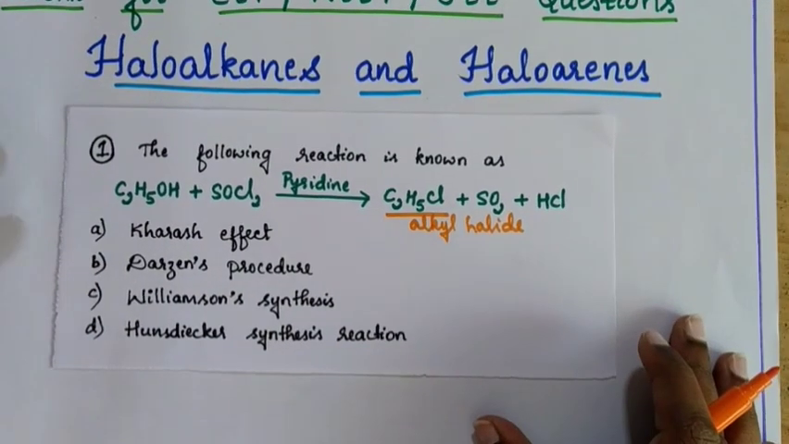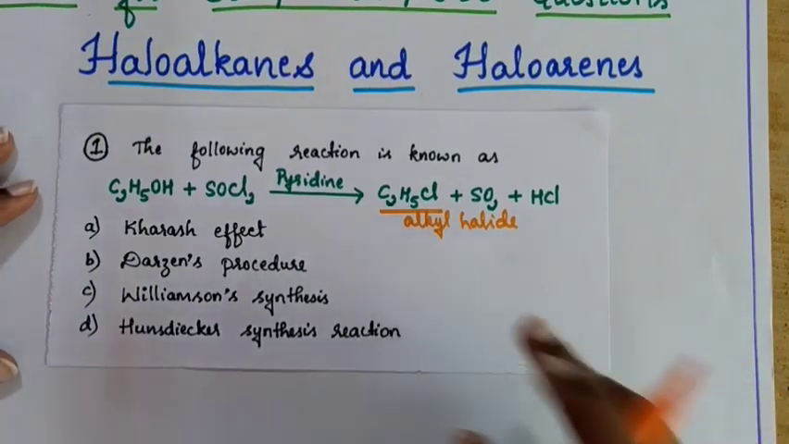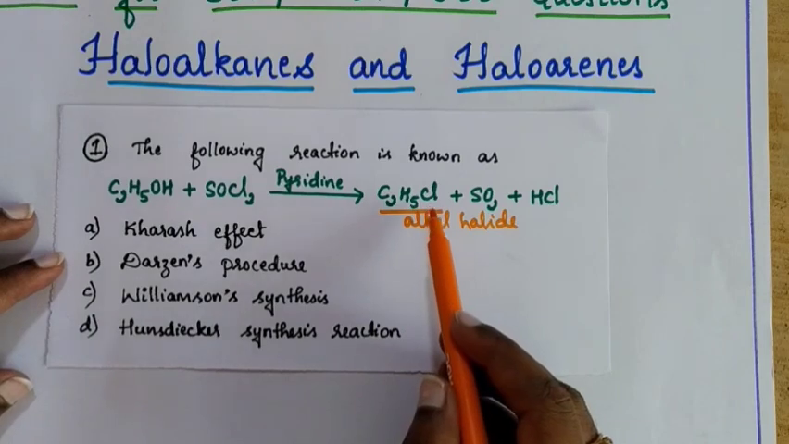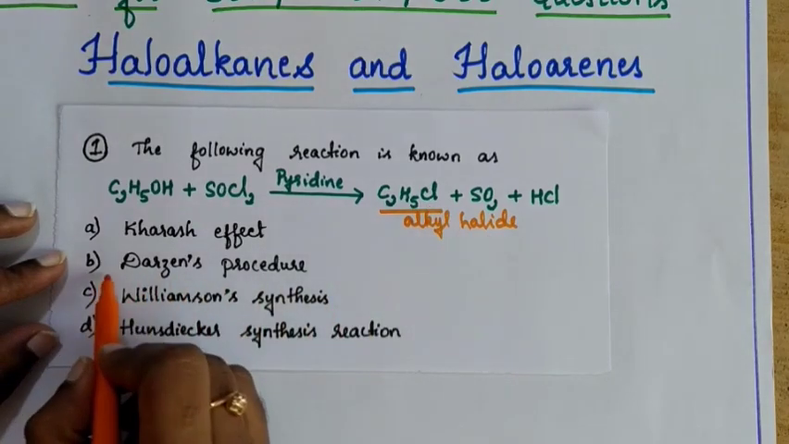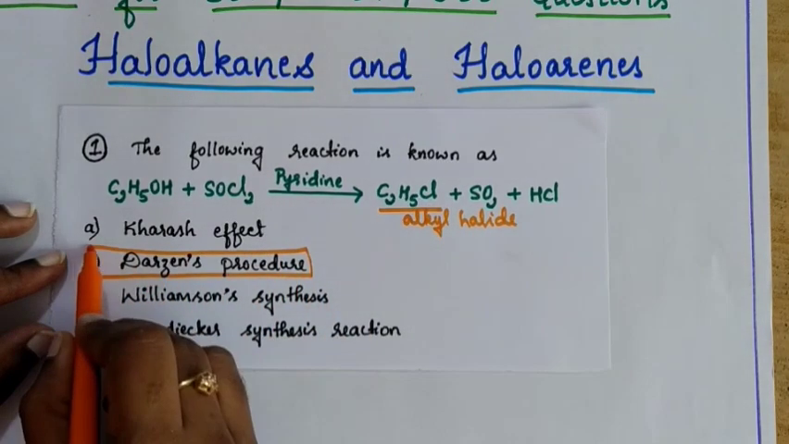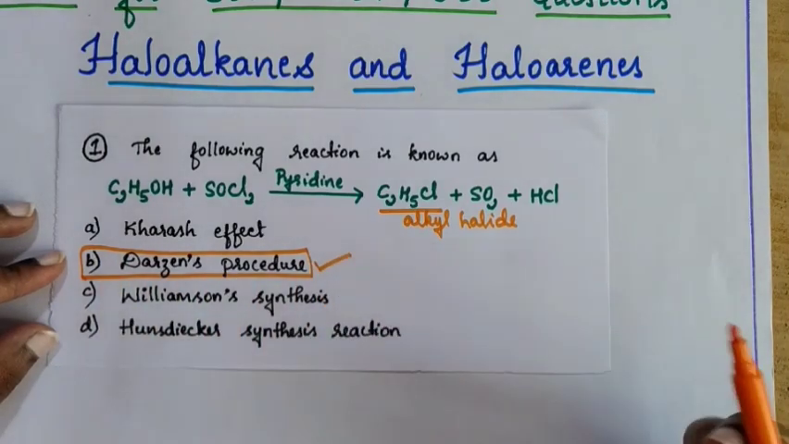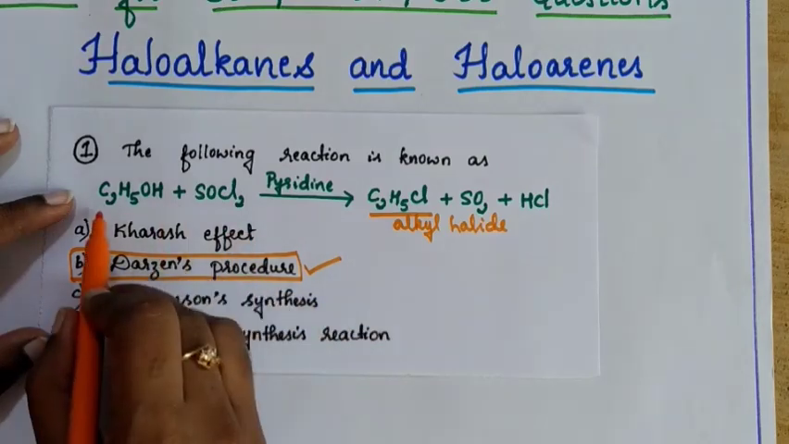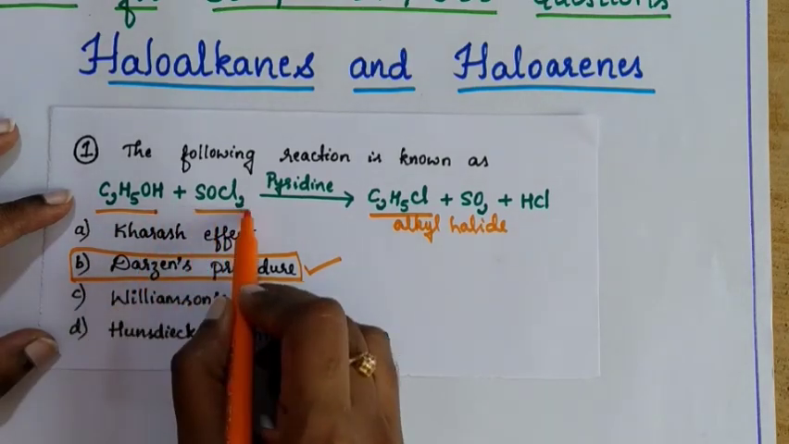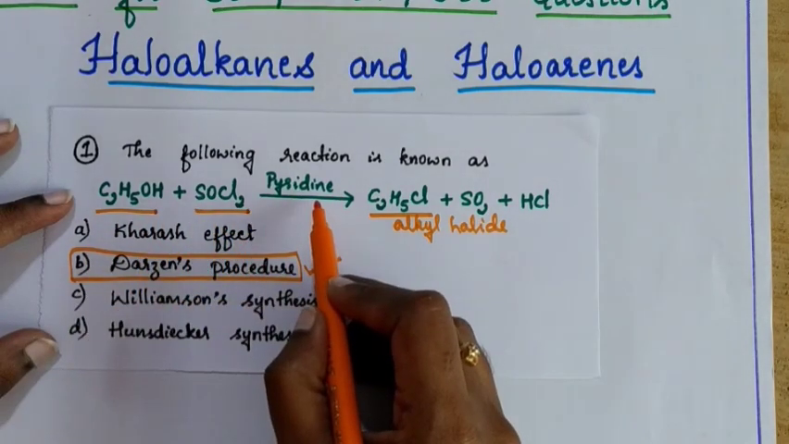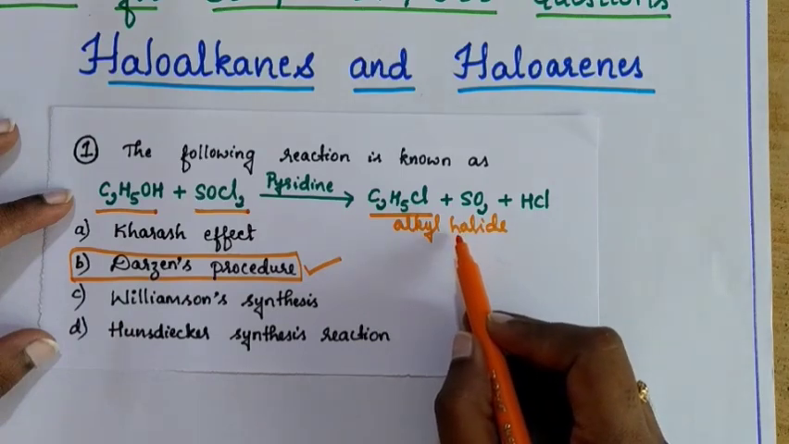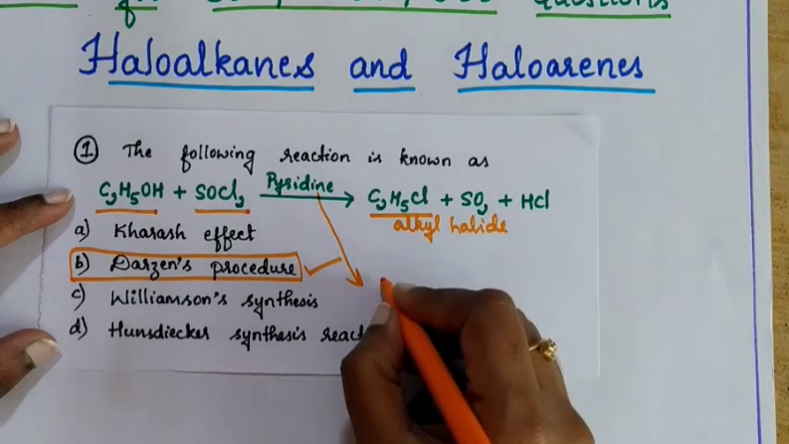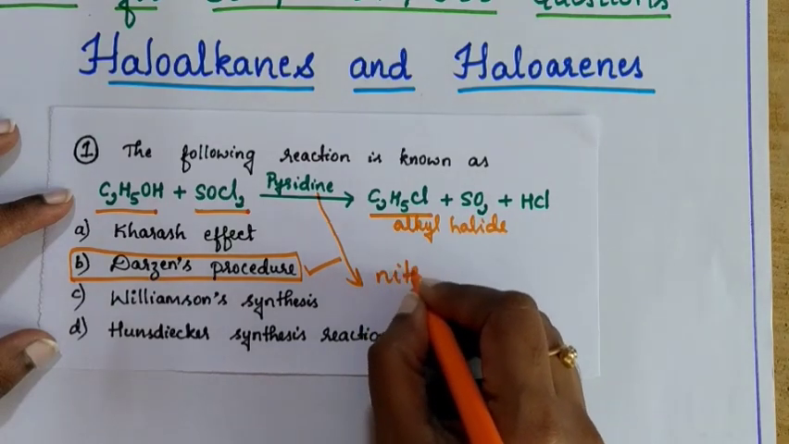When we were discussing the preparation of alkyl halide from alcohols, we had come across this reaction also. And this reaction is known as Darzens procedure. Okay, this is a direct question. Darzens procedure means, by using alcohol and thionyl chloride in the presence of pyridine, we prepare alkyl halide. Not only in the presence of pyridine, you can also use any of the nitrogen bases,